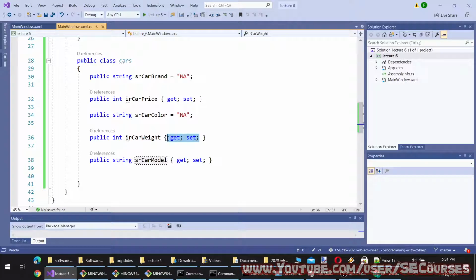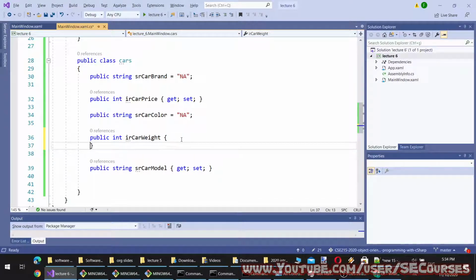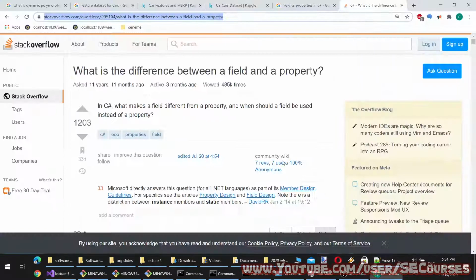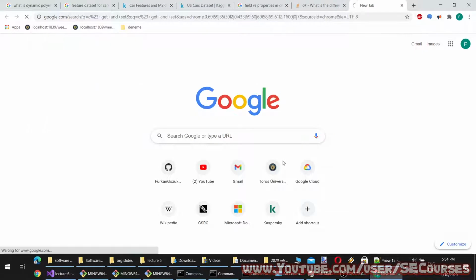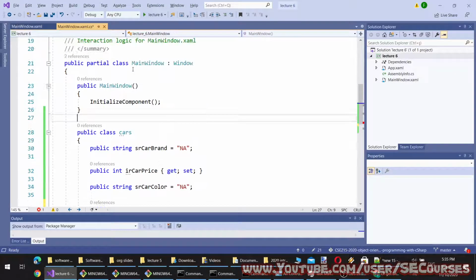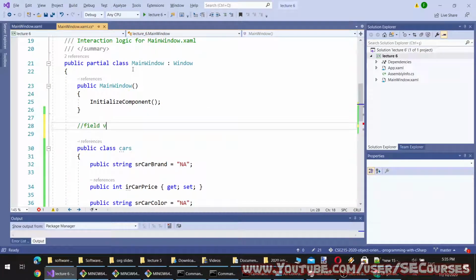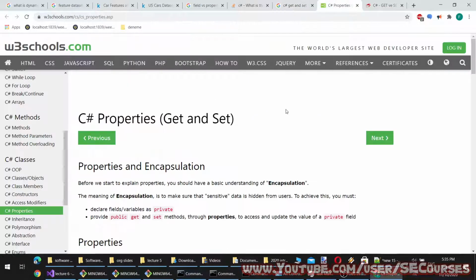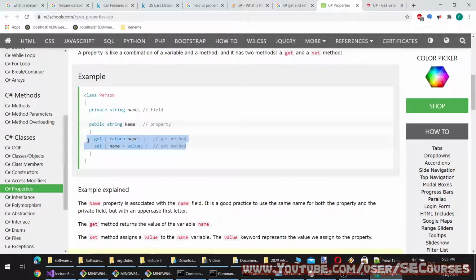However, let's modify get and set of car weight. So how am I going to do that is, let's open an example.